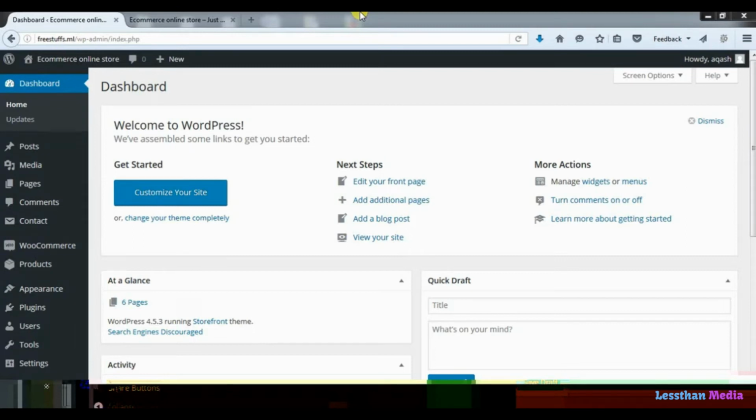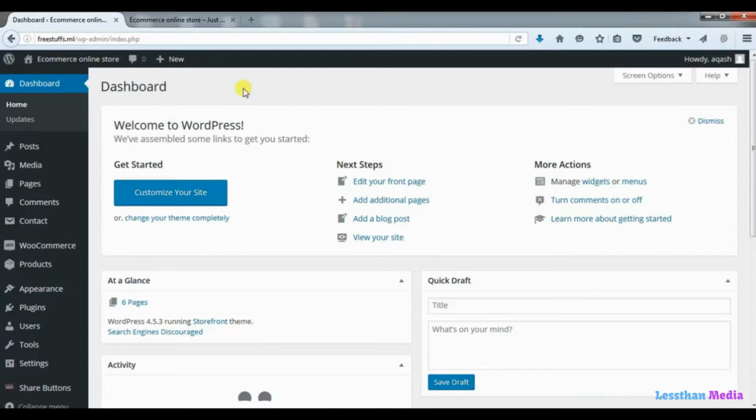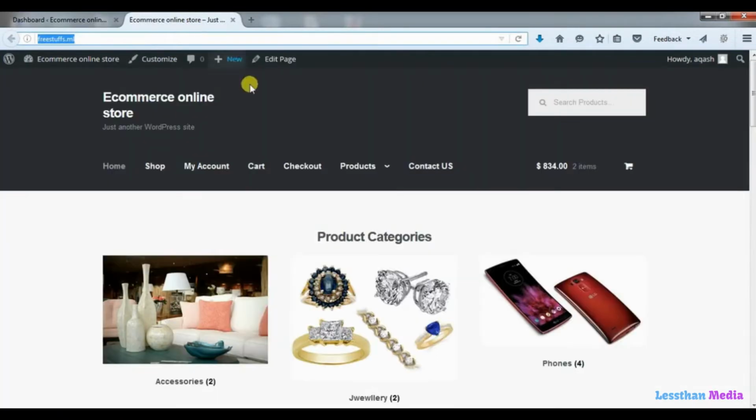Welcome back. In this lecture, we will create a beautiful image slider for our home page. So the image slider that we will create will appear here in this area on our home page. So for creating the image slider, we will go to the dashboard